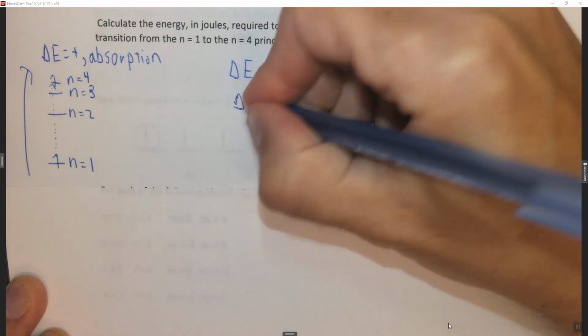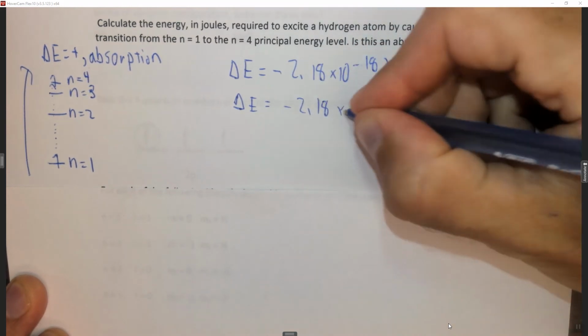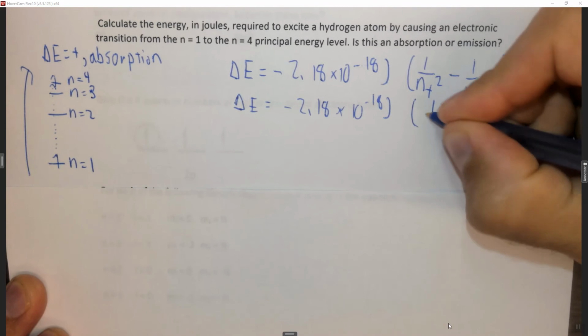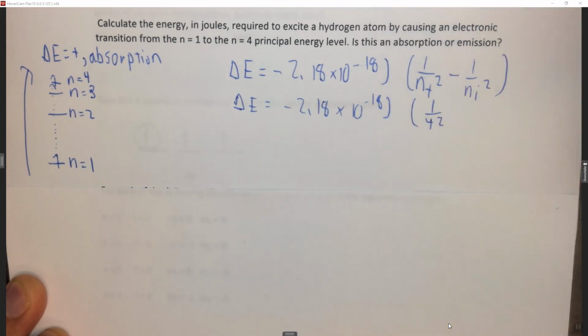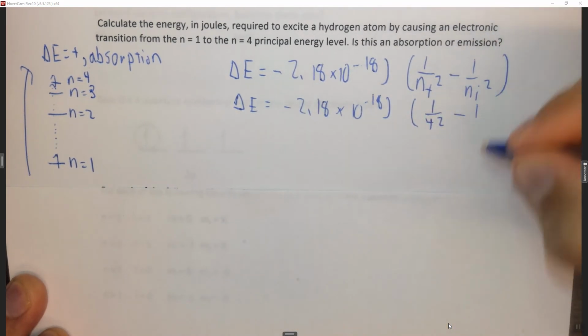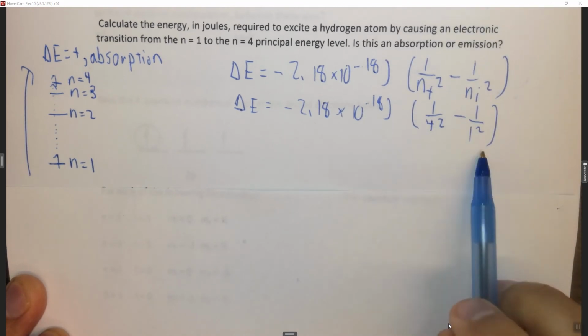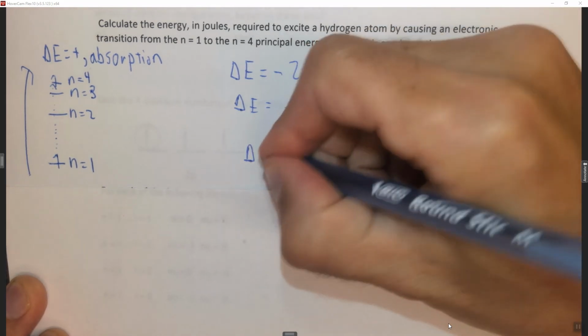So delta E equals negative 2.18 times 10 to the minus 18 joules times 1 over the final energy state, in this case is 4 squared, minus 1 over the initial energy state, which is 1 squared. When you do this, you're going to get 1/16 minus 1,